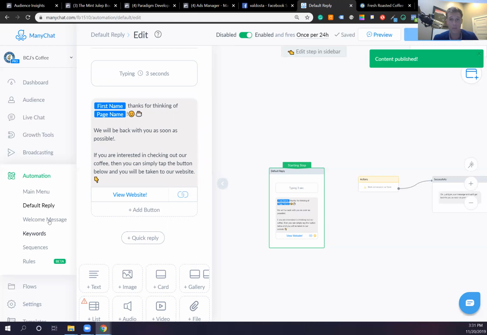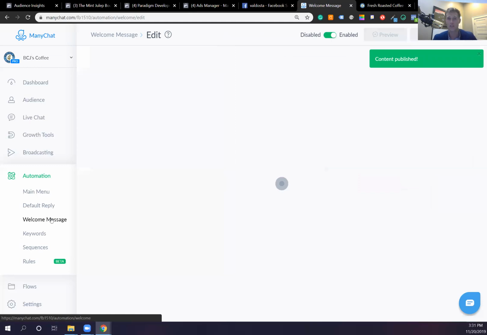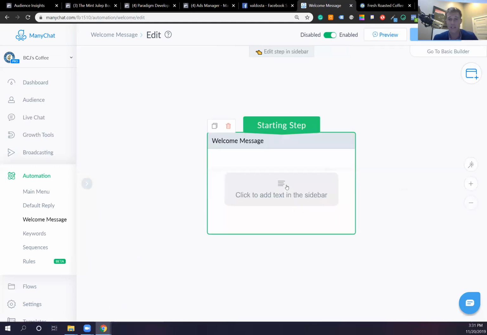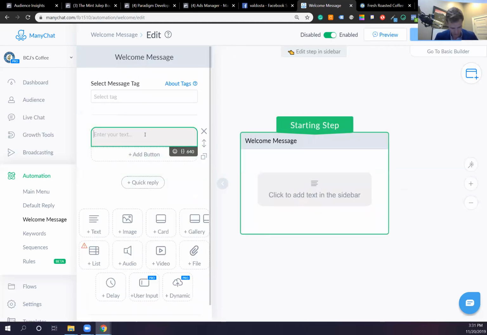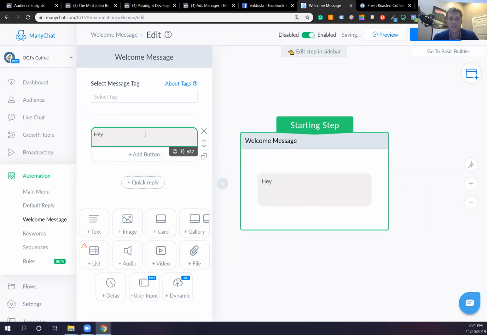Then we'll go to our welcome message. We'll set up the welcome message basically exactly like we just set that up. So the welcome message is if somebody goes to your page and they're on your Facebook page and you know how it's got the button at the top that says send message. You can click send message. This will be the first message they receive, okay? So, hey,